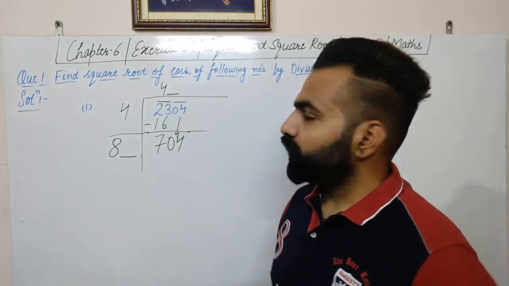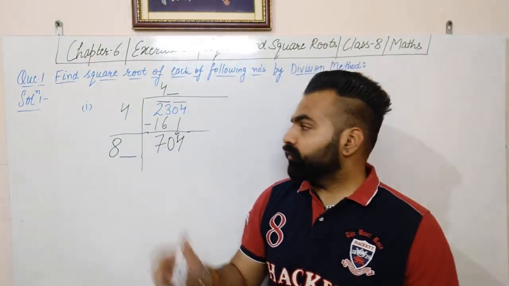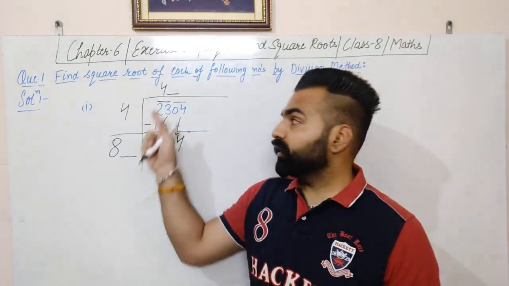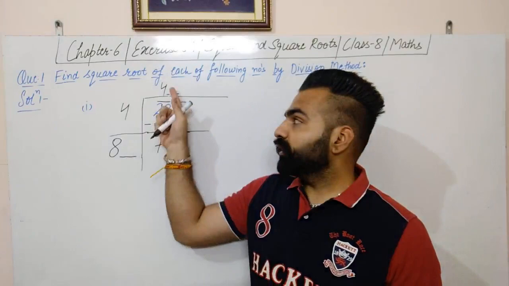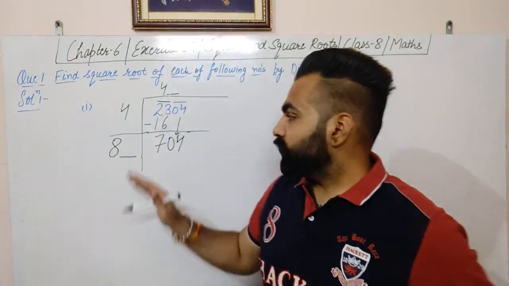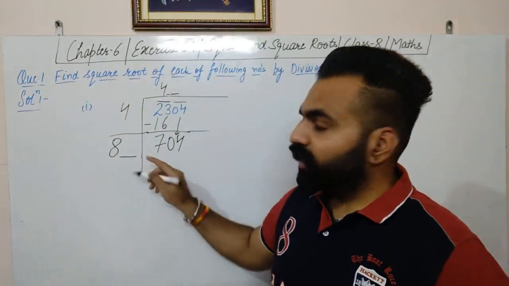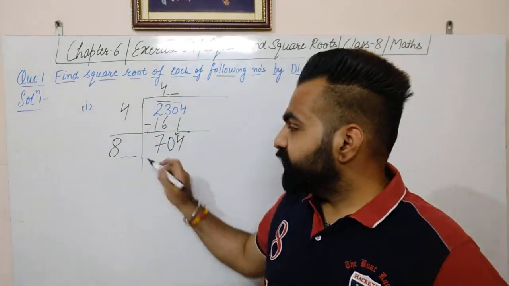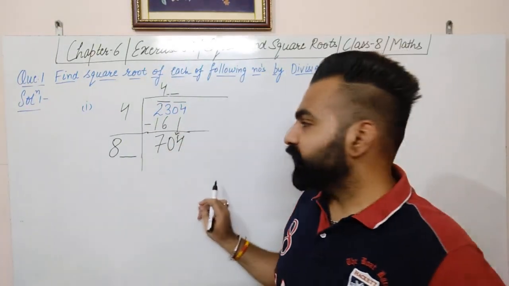In these two blanks we have to take the same digit. For example, if you take 1 here, the number 1 will also appear here. If we take 2 here, then 2 will also come here. So in this form, the digits should be the same here. So now the problem is what digit should be taken here: 1, 2, 3, up to 9 and 0.